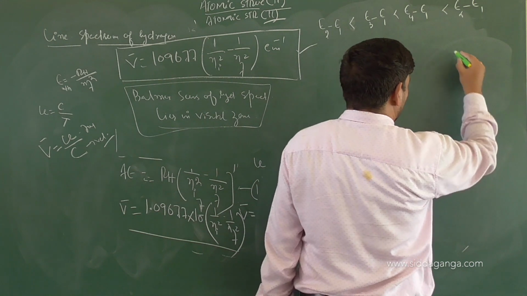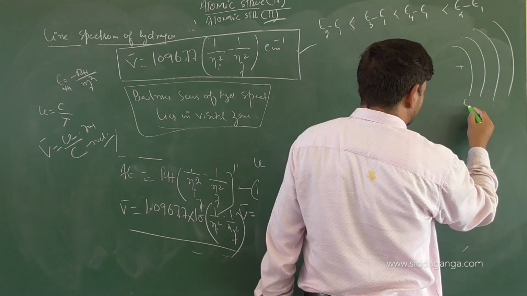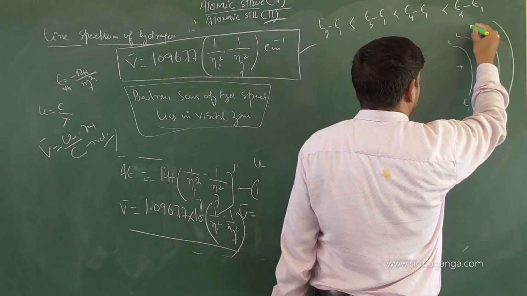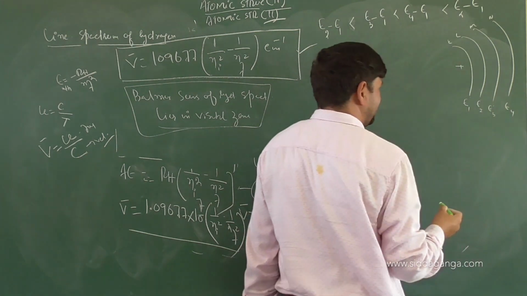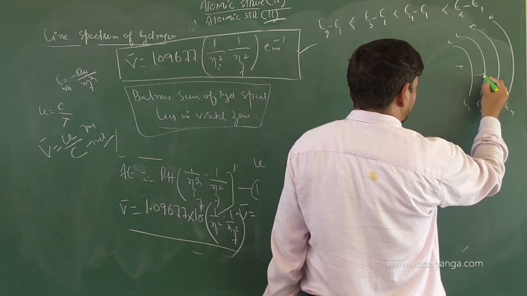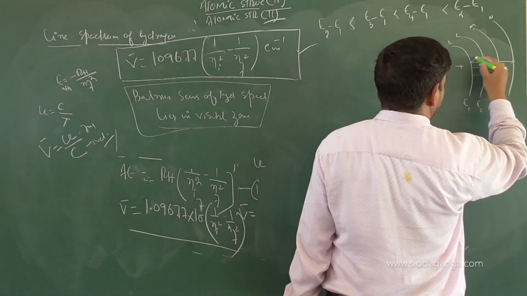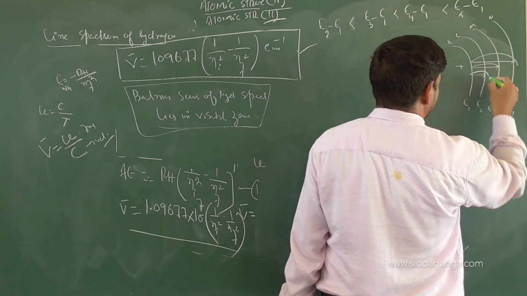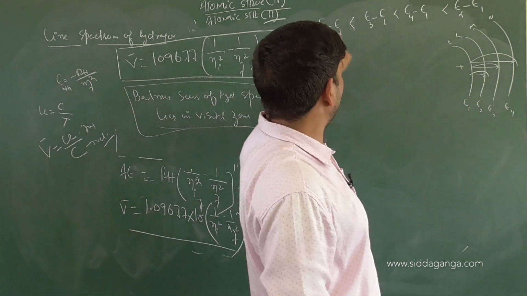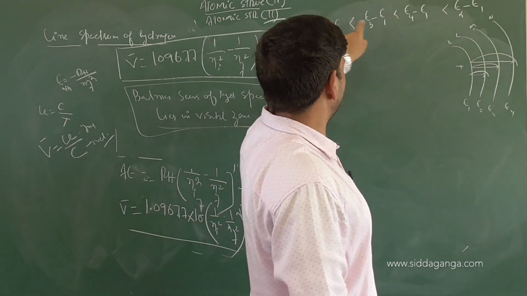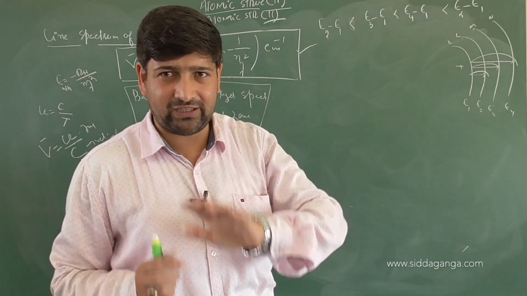Now diagrammatically, what I mentioned on that day is like this. This is the first energy level, K shell; K, L, M, N. So this is E2, this is E3, this is E4. I said when you are shifting an electron from E1 to E2, E1 to E3 and E1 to E4, you will need the most energy in this case, then this one, then this one. So it is easy to shift an electron from 2 to 1, then 3 to 1, then 4 to 1. The ground level remains the same, the excited levels are changing, so the energy required will be more. That is a basic fundamental rule.